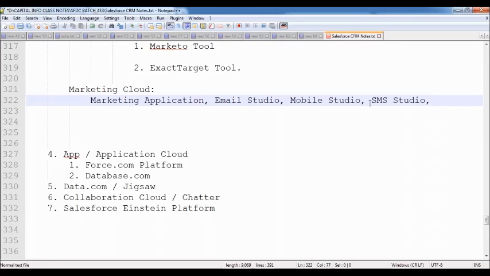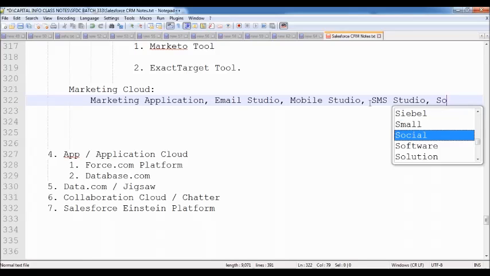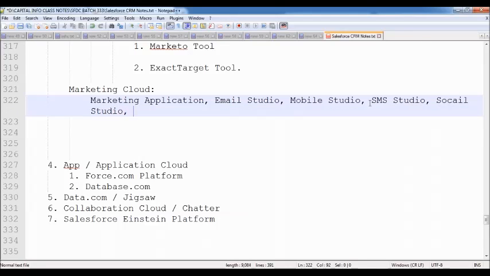Now, along with that, nowadays people are enabling the DND feature, the do not disturb feature, so that SMS also will not be delivered. Because people are spending most of their time on social media, like YouTube, Facebook, Twitter, WhatsApp, Salesforce has introduced a feature called Social Studio. By using this Social Studio, we can give advertisements through social media as well. That facility is available as part of the Social Studio feature.